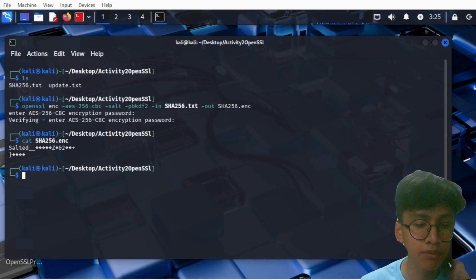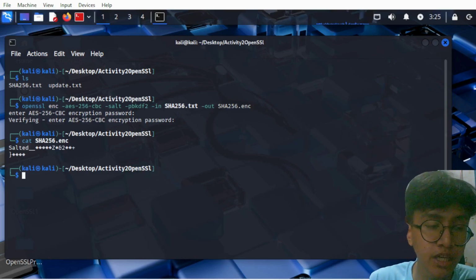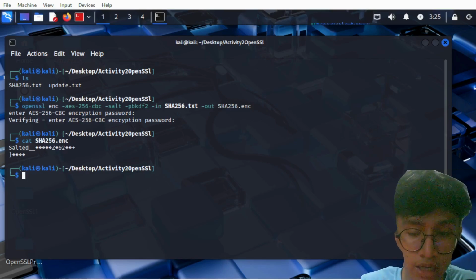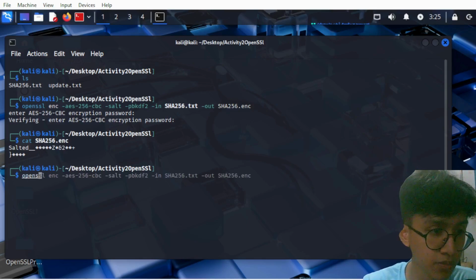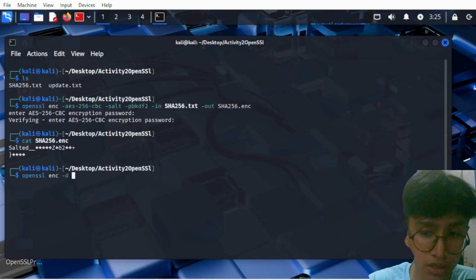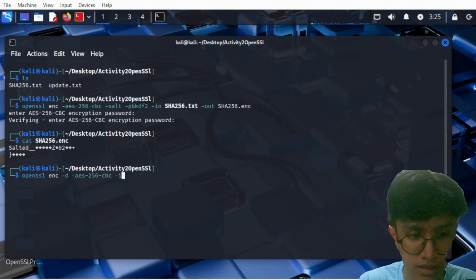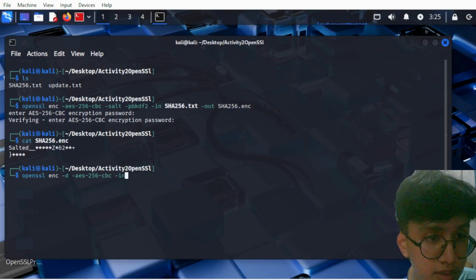For example, I am the friend and I have the password of that file and I want to decrypt it right away. So we're gonna use openssl enc -d, which is for decryption, -aes-256-cbc, we're gonna input it in CBC.